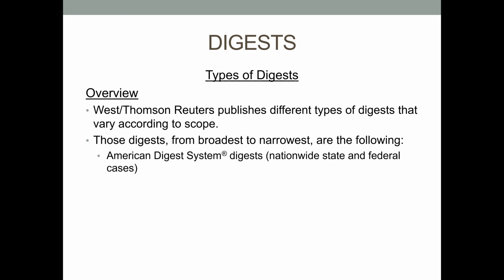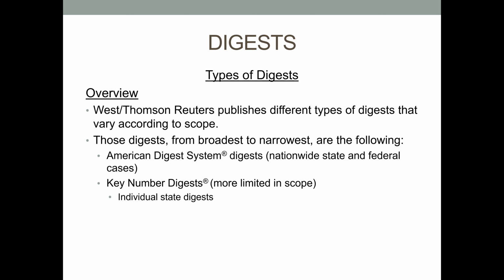Now, a little more limited in scope, but still pretty big, are the key number digests. That's another type of digest, and the Texas Digest would be an example of that. There are lots of individual state digests that West publishes, and the Texas Digest is one of them. And this is a type of digest that West calls a key number digest. It's more limited in scope than the